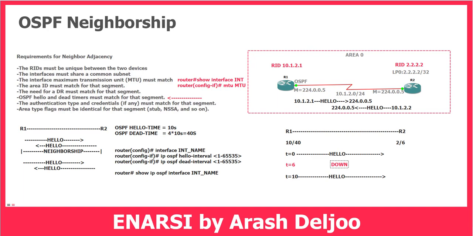If the hello interval and dead interval are the same, we will have neighborship. But if they are different, we lose the neighborship. Actually, we can say that we are using the OSPF hello for failure detection after the neighborship. And this is the secondary function of the OSPF hello packet: ensuring that adjacent OSPF neighbors are still healthy and also